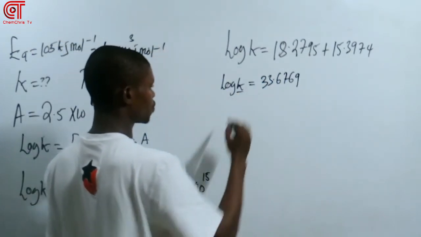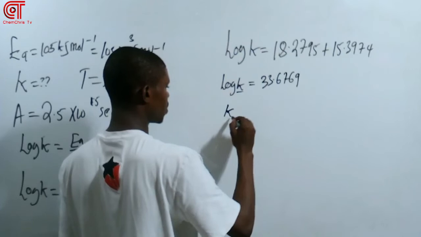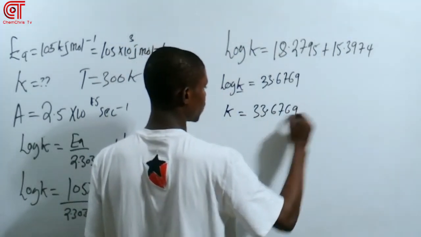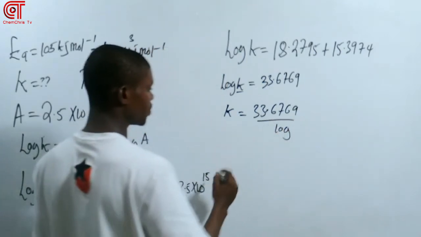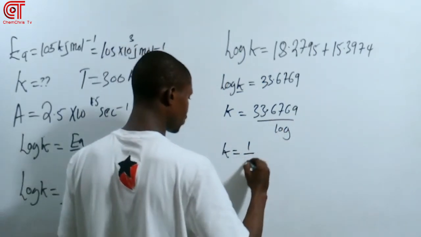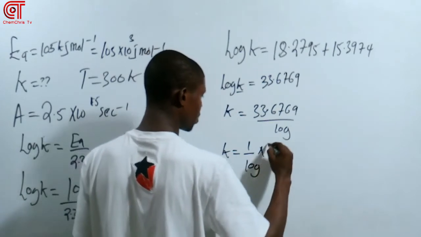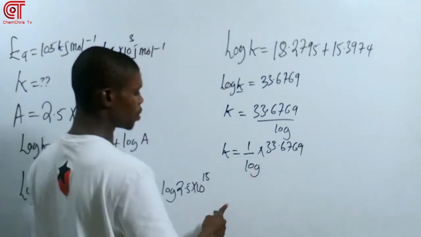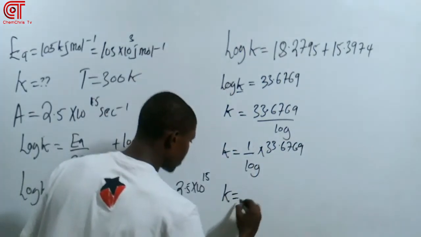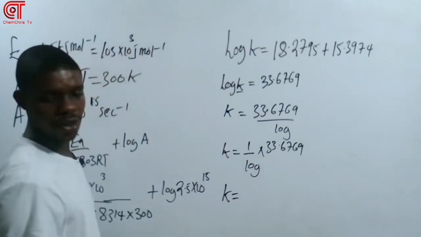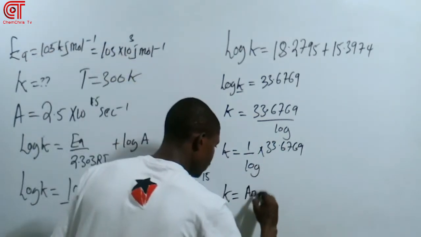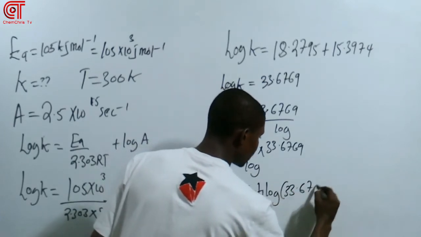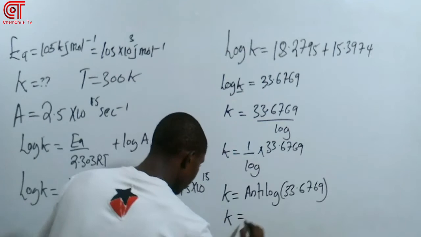Divide both sides by log. So if you divide both sides by log, you will have K equals 33.6769 over log. Now this one can also be written as K equals 1 over log times 33.6769. So 1 over log is also known as log inverse, which we call the antilog. So antilog of 33.6769, K equals